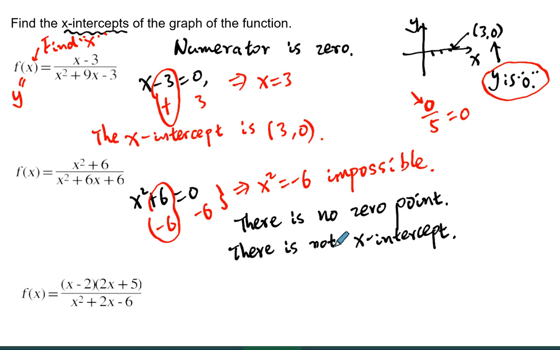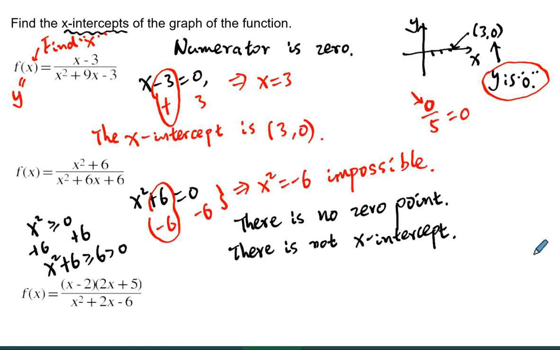Actually, it's easy to see. It's because x squared is greater than or equal to 0. If you add 6 on that, you should have x squared plus 6 is greater than or equal to 6, greater than 0. You never get 0. Okay, so there is no 0 point, or there is no x-intercept. Okay,